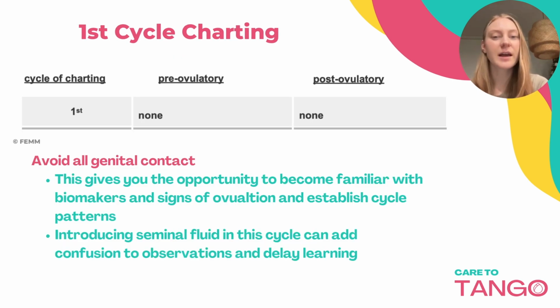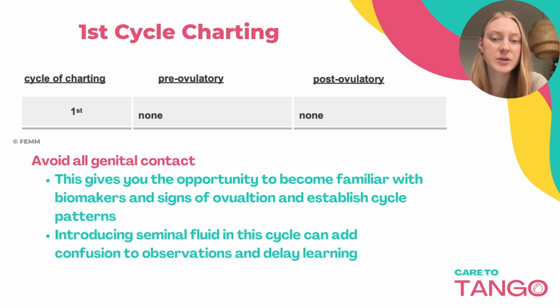During your first cycle of charting, we recommend you avoid all genital contact. This instruction gives the opportunity to become familiar with your biomarkers and signs of ovulation and establish cycle patterns. Introducing seminal fluid in this cycle would add confusion to your cervical mucus observations and delay learning. The cycle pattern and time of fertility are not yet known, so to avoid pregnancy, you should avoid all genital contact, because if fertile mucus is present, you might become pregnant as pre-ejaculate fluid might contain sperm. This really gives you the opportunity to become familiar with your biomarkers and signs of ovulation to better